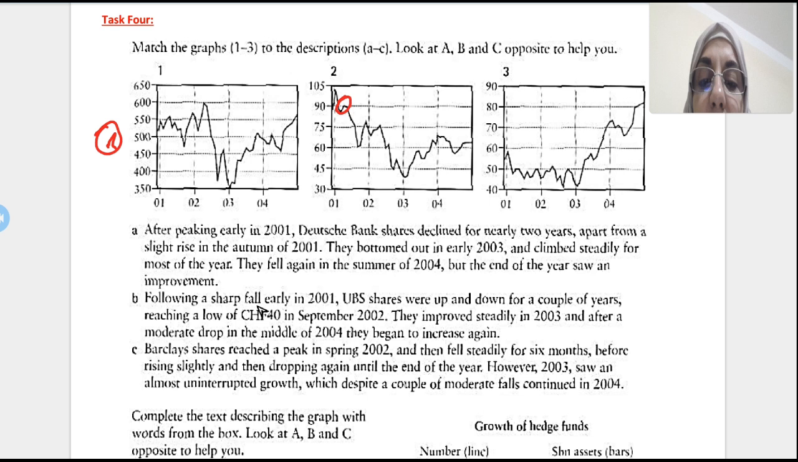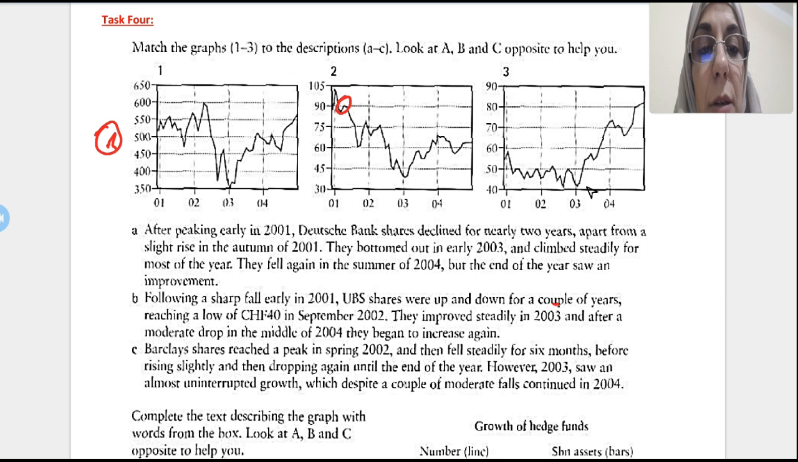B, following a sharp fall early in 2001, there is a fall here. UBS shares were up and down for a couple of years, up and down fluctuations, okay? Reaching a low of CHF 14 in September 2002. They improved steadily in 2003. An improvement, okay? A stable one, or steadily,